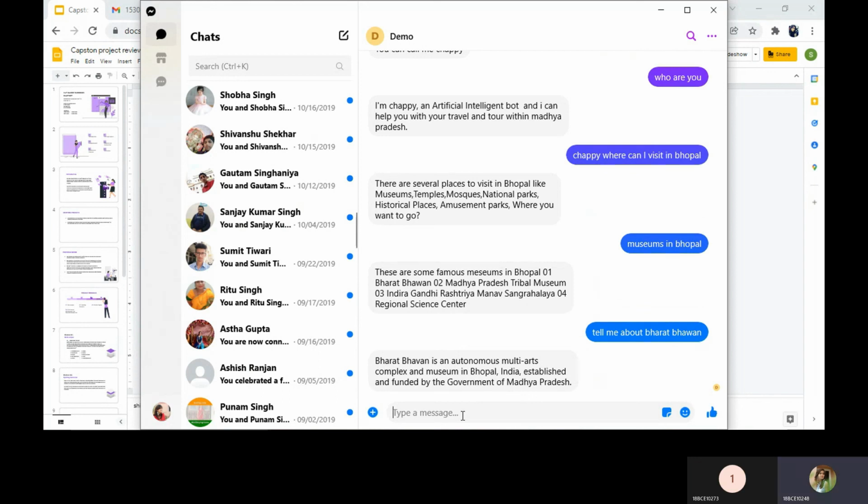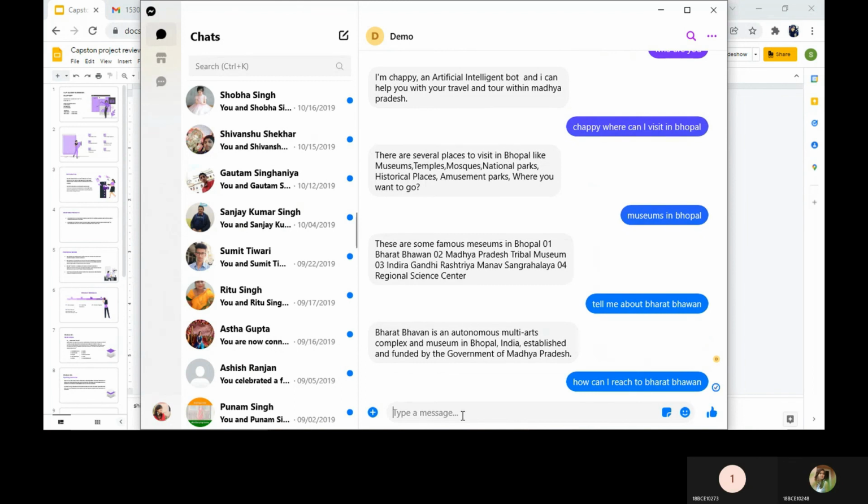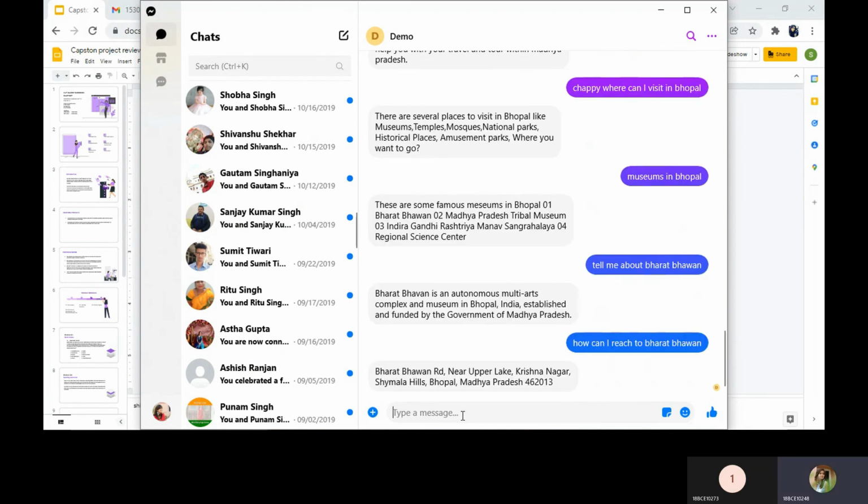Okay. How can I reach it? Okay, so these are the details about the Bharat Bhavan.